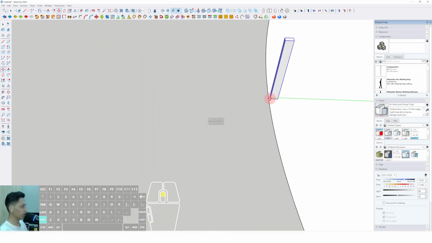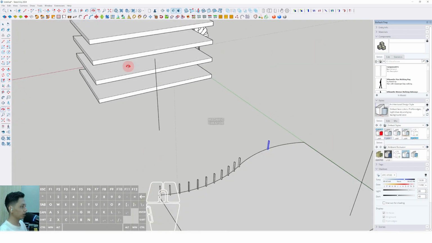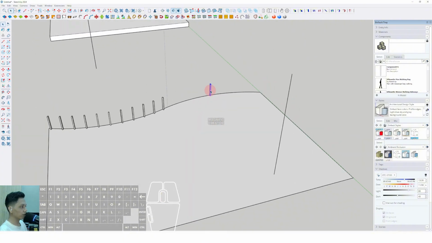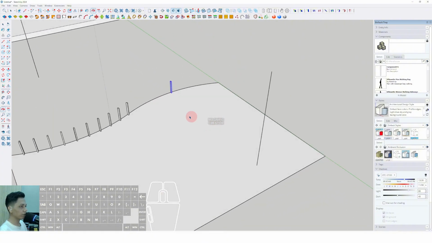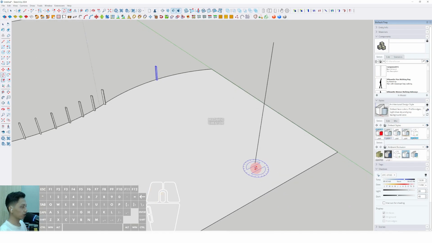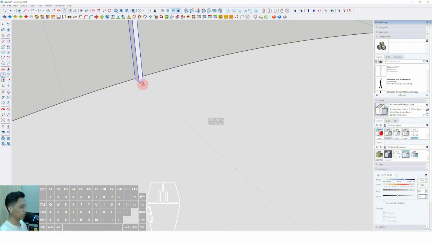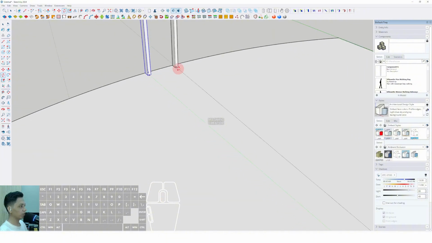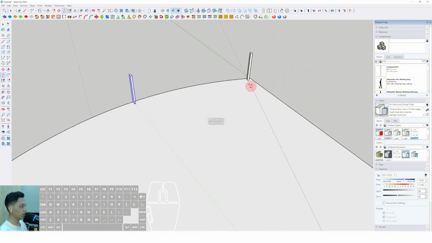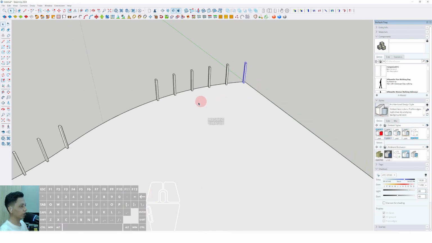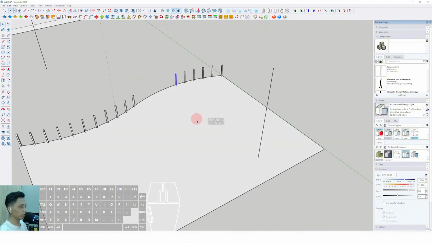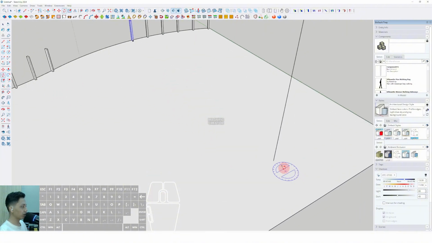Okay, then we can place to this position. Okay, then we can select this vertical frame, and we can select the rotate and click from this endpoint, then click to the midpoint and move to the right side. Then we can type 5 slash and enter, and also this one, and we can select rotate, press Ctrl and